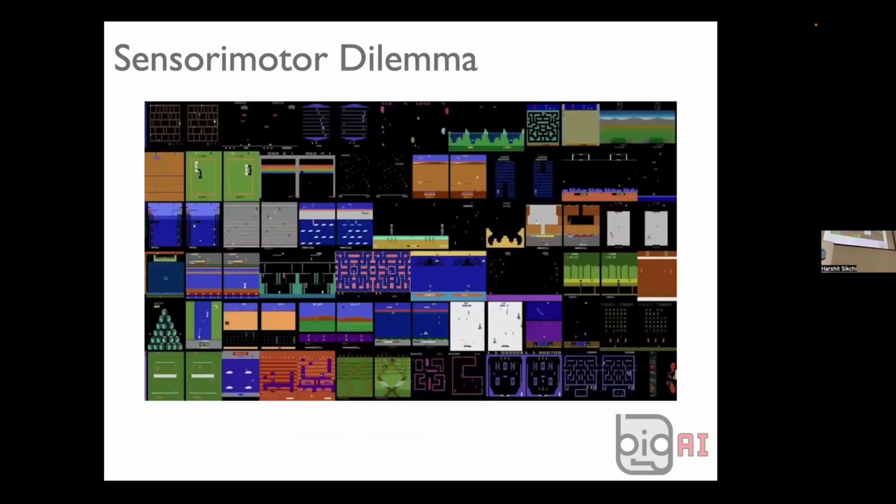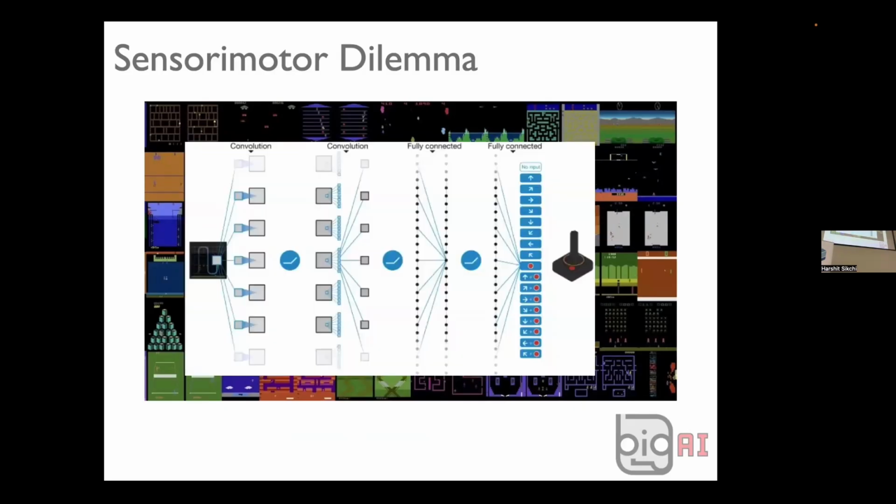The core issue is this: if you want to solve 52 Atari games, you can't make the inputs be the positions of the players, or the number of circles on the screen, or how many layers there are. You have to input pixels, because that is a general interface that can contain the state spaces of all the tasks you might wish to solve. And for the output space, you need to control all the games you want to solve.